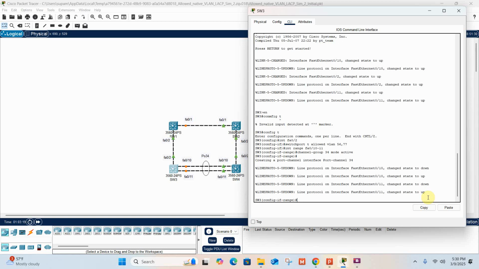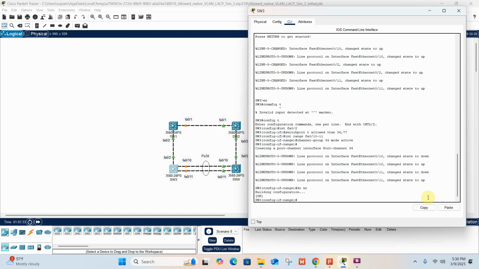So we're gonna save the config. Don't forget to save the config because that is in the instructions. Save the config. So I'm gonna do write mem and it's saved. And I got to go back and save the config on switches 1 and 2 also. All right, so let's go to